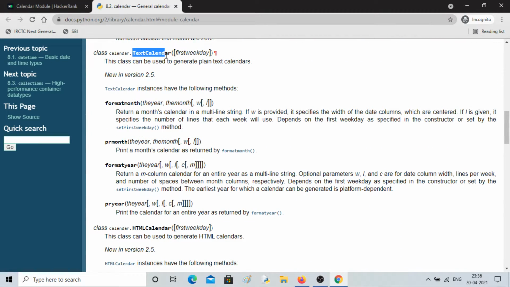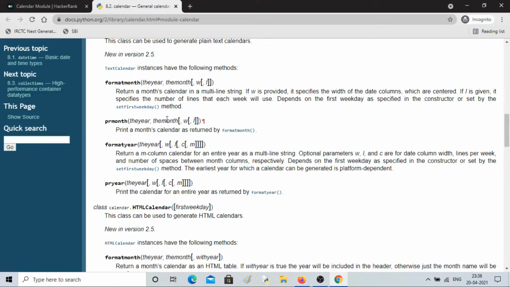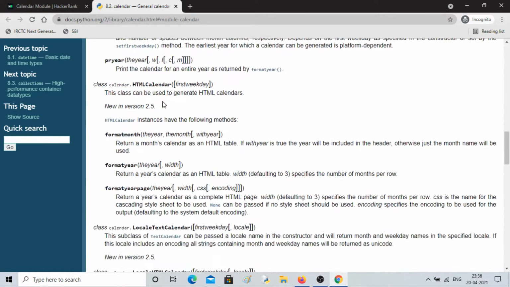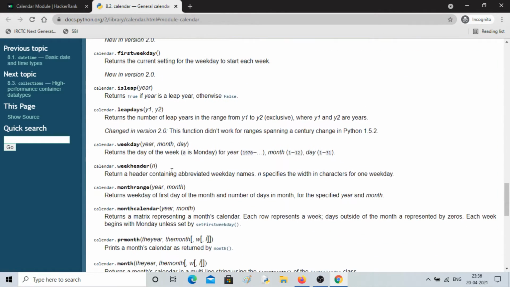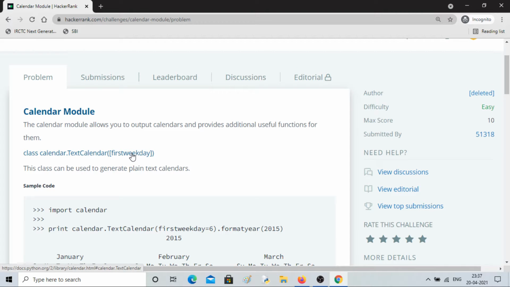We have to use this, so I think they have given this test calendar. We will be using calendar.weekday in this exercise. One more thing I want to point out is, for the calendar module 0 is Monday and it goes till 6, so 0 to 6, 0 is Monday, 6 is Sunday, so that is also something we will use. Now let's go and see what it says.